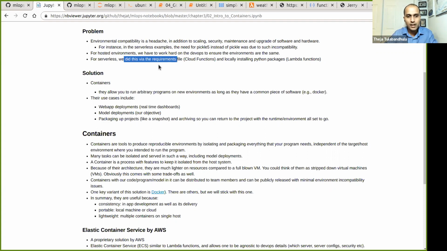Okay. Another solution. Serverless, as I said, has its own pros and cons. A more popular solution, which a lot of folks are using these days, is the notion of containers. Containers are basically a way to encapsulate the environment of your program. If we program on our EC2 machine, for example, the EC2 machine has its own configuration, right? Maybe it has some amount of RAM, certain software, certain Ubuntu thing running, and all that. But containers let you encapsulate your arbitrary program, like our model training script or model prediction script, in such a way that